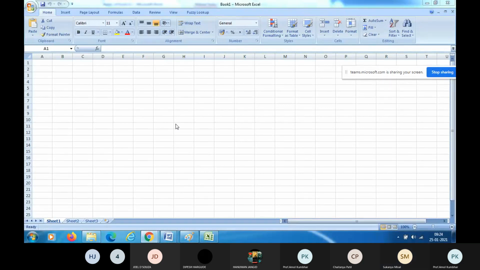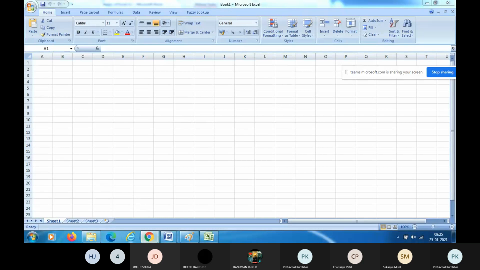So this is our worksheet number 1, and the title of this workbook is Book 1, right? You can also rename this Book 1. Instead of Book 1, you can type trigonometric functions graph plotting, or you can also rename it as plotting of trigonometric functions using Excel.